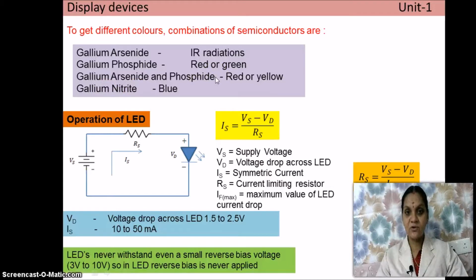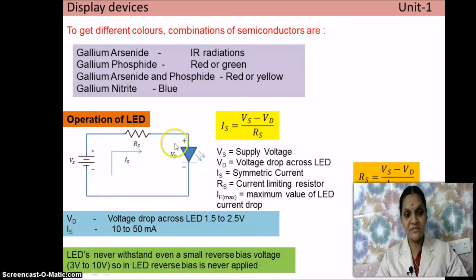What is the technology used for fabricating the LED? What is the process by which the LED is manufactured? It's nothing but the diffusion process. By the diffusion process, LEDs are manufactured. So this is the construction of LEDs, and the next one is the operation of LED. This is the symbol of LED. What type of biasing is given for LED? This is forward biasing, because the anode, this terminal, is connected to the positive terminal, and this lead, the cathode, is connected to the negative terminal of a battery, and this is a forward bias.